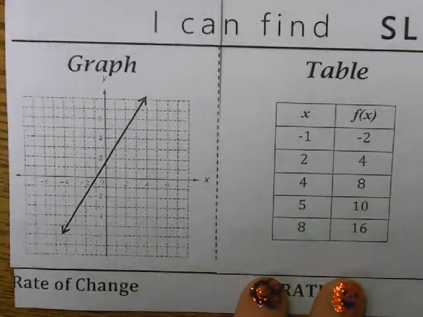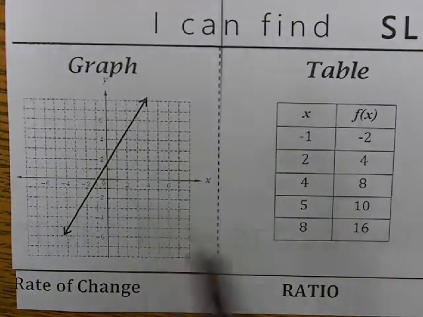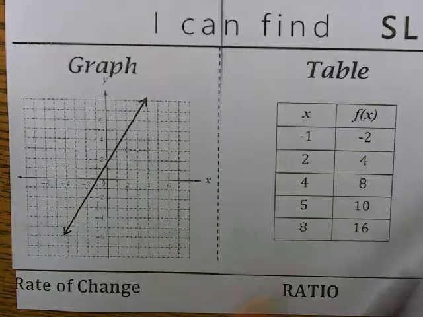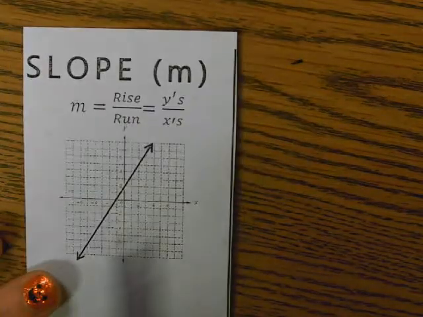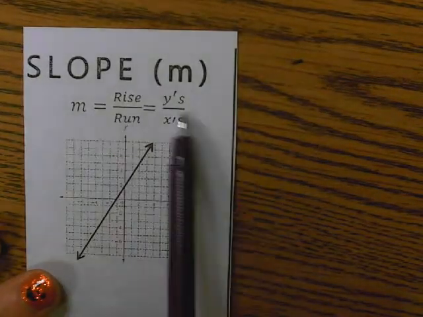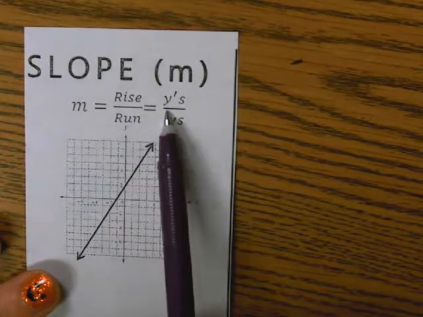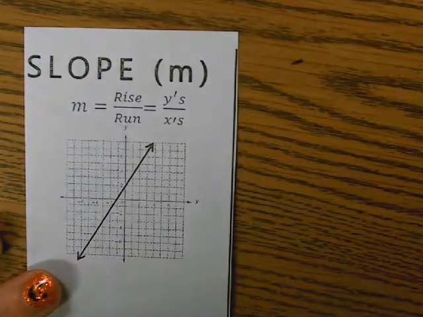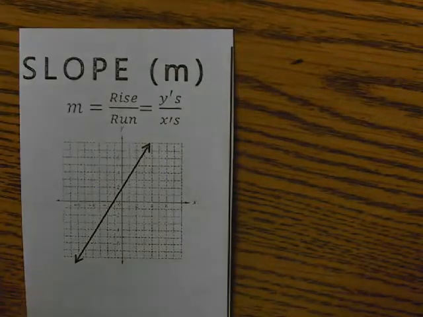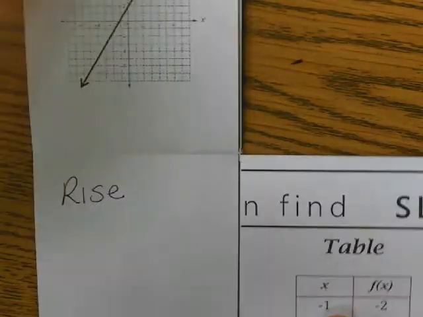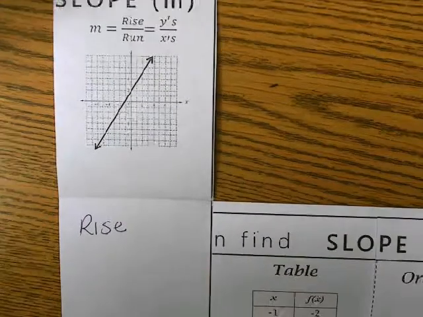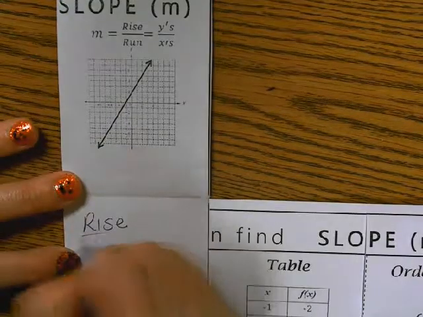To find slope from a graph, you're going to do a rate of change, okay? So if you open it up to the inside, it tells you that slope is just rise over run. And I would say the rise is the y's and the run is the x's. So if I'm talking about the rise of this graph over the run of this graph,